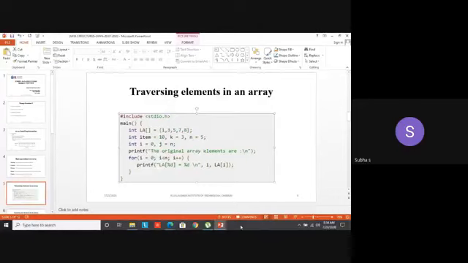Venkatram told 6. Why? I equal to 0, your condition is true, 0 less than 5. Then 1 less than 5, 2 less than 5, your element will be printed. 3 less than 5, element printed. 4 less than 5, your element will be printed. So all your 5 elements will be printed. Again, the loop will be incremented because I didn't exit from that loop. Now, as usual, i will be incremented: 5 less than 5. Now only the condition becomes false, so it comes outside the loop.